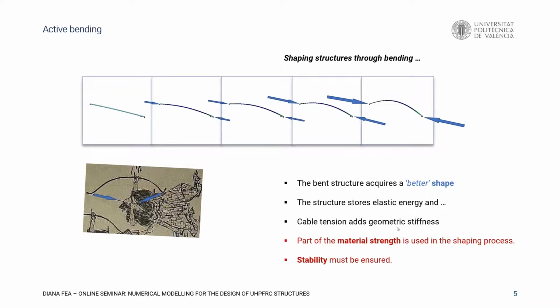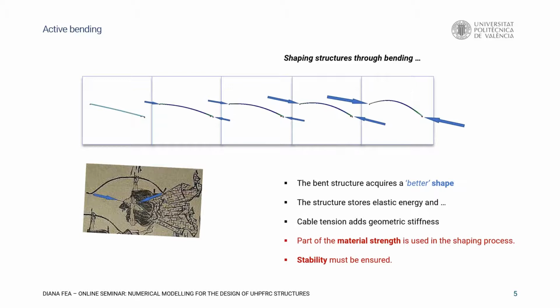And in this process of bending, the structure is storing elastic energy, and we also can think of cable tensioning, adding some geometric stiffness because of the tension in the cable, but it has also a price that we have to pay. So part of the material strength is used in the shaping process, and also we need to ensure that a structure built with this principle has to be stable, because if you look at the upper part of